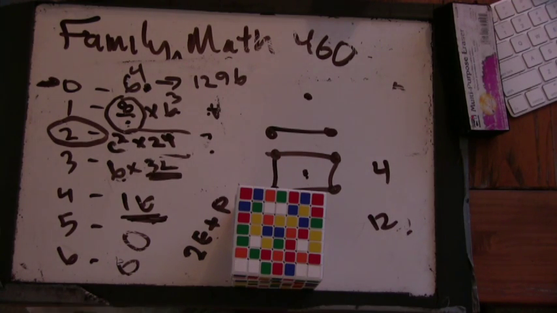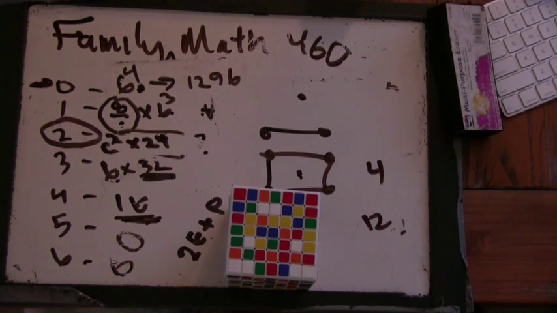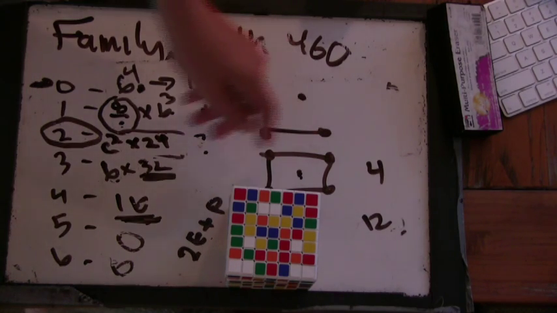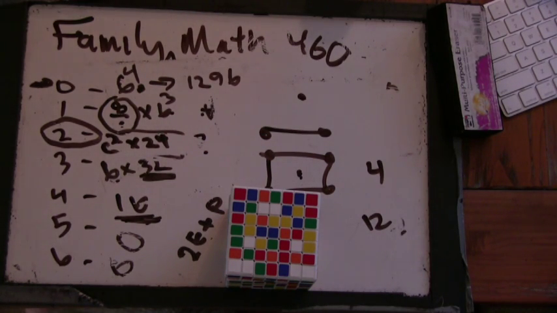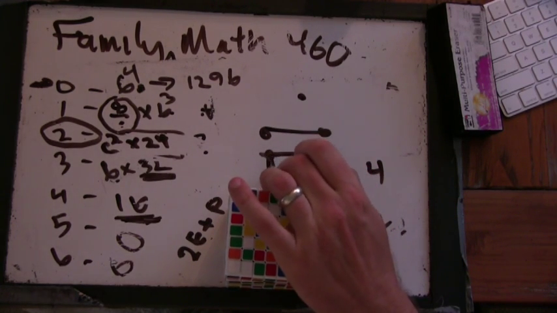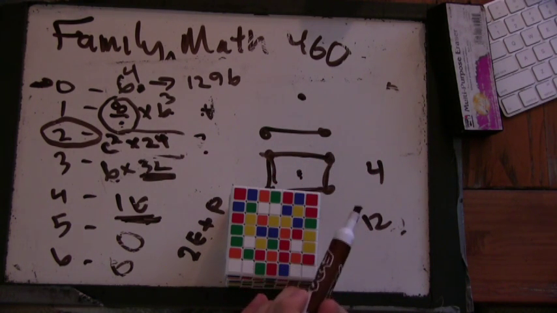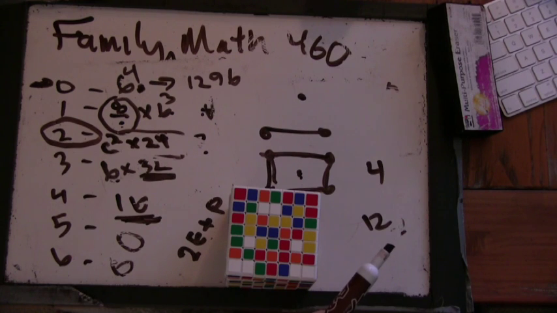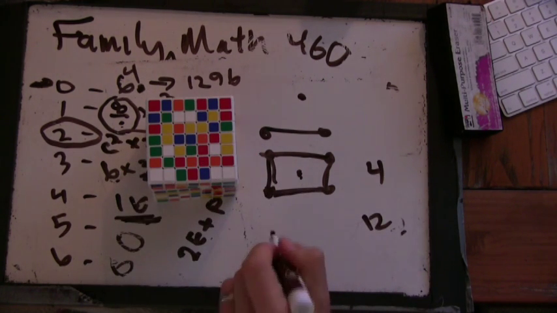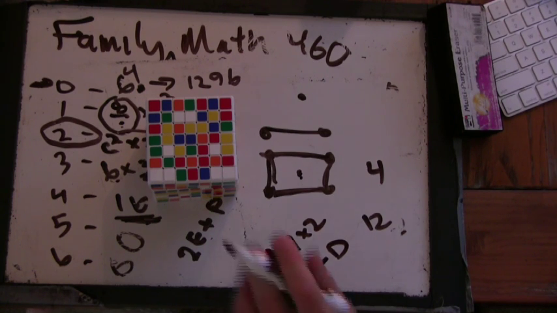All right, so what's my formula for how many lines? How did I go from 4 to 12? So you took the number of lines you had already, doubled them, and added in the number of points. Okay. So I took what was 1 dimension lower here, the lines, and doubled it, and then added what was 2 dimensions lower. So it's d minus 1 times 2 plus d, right? So d minus 1,